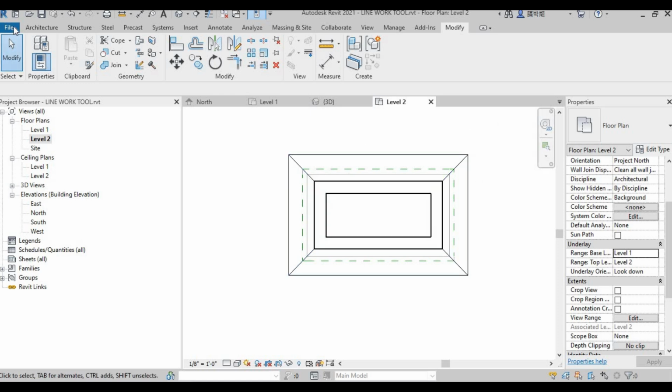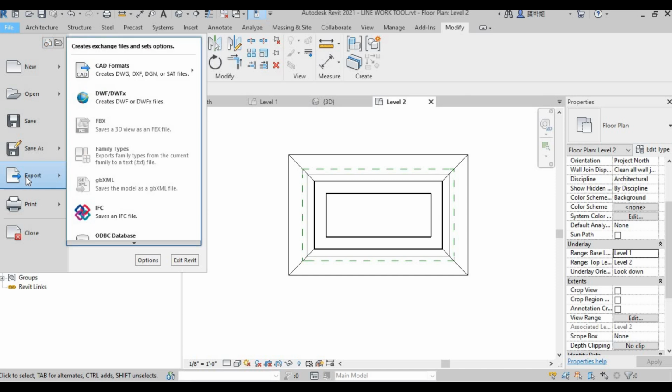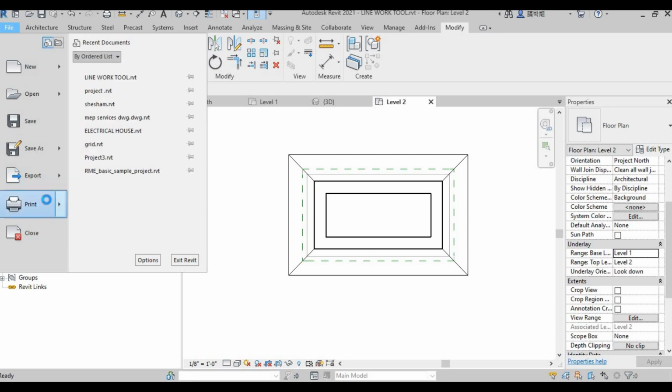And the next thing is converting a Revit file into PDF form. So here go to File and click on Export. You will have these options. In this option, if you have a Revit to PDF converter, then that option will show here. As I do not have that PDF converter option, if you want to export, download that, and the option will be here. Click on this, and it will automatically convert your Revit file into PDF form.